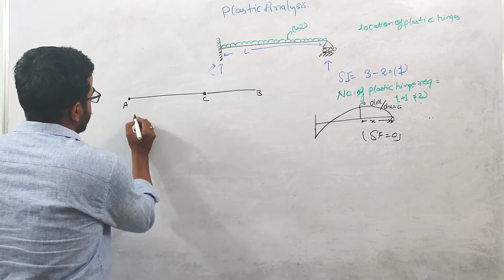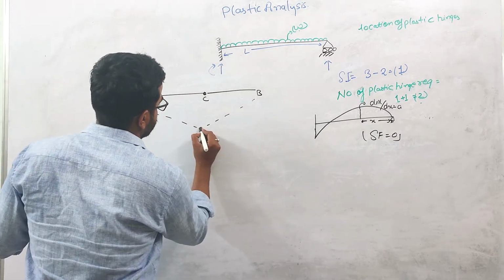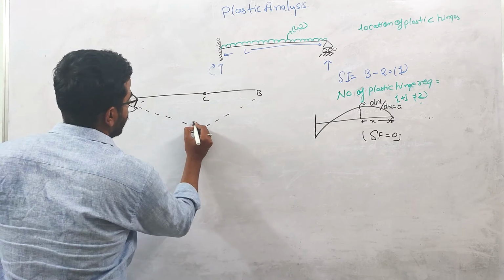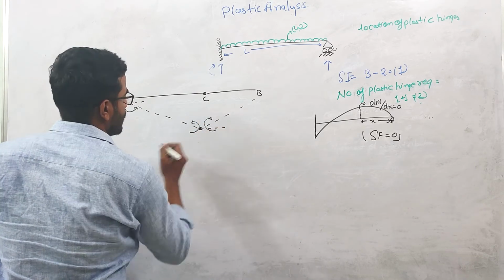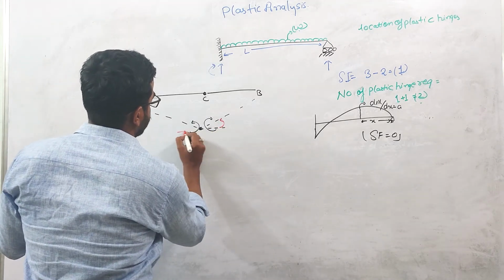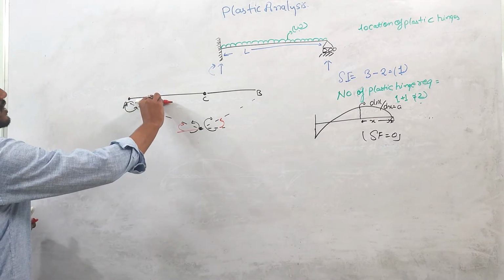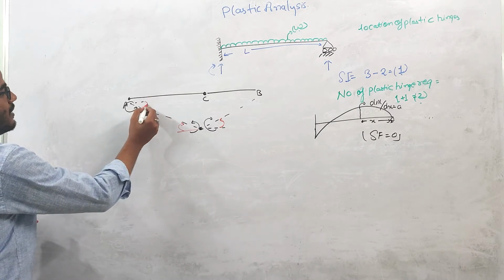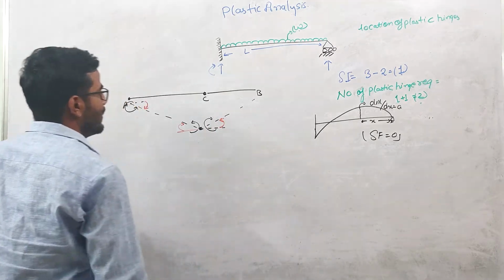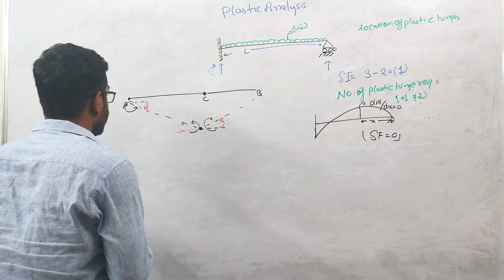If you see, during the collapse, this beam will deflect like this. So the direction of the plastic moment will be like this. Here the direction of rotation is like this, here like this, here like this. This beam, initially in this position, is deflected now to this position, so the direction of rotation is like this. So this MP will always be opposite to the direction of rotation. Remember that thing. Okay, so now let us draw first the free body diagram, and this beam is loaded by